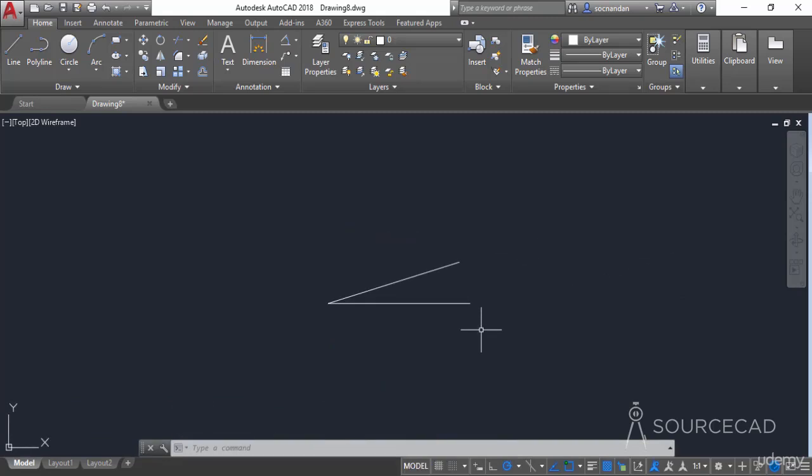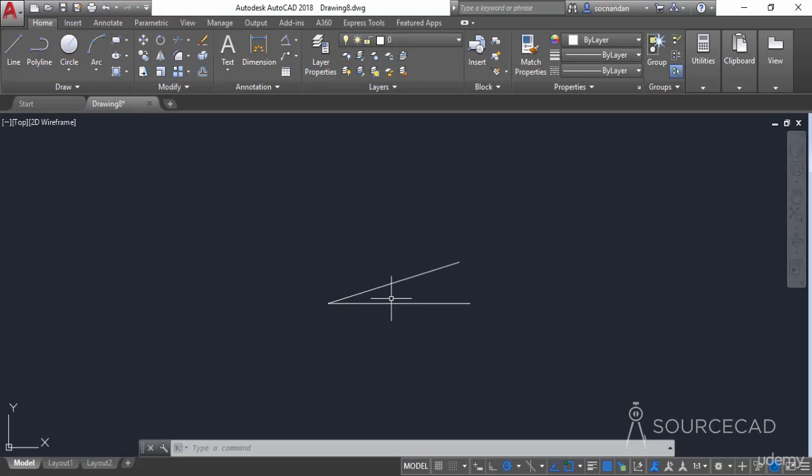So now let's look at this case. In this situation, we have this line which is inclined to this horizontal line, and we don't know the angle to which this line is inclined. Now if you want to rotate this line to an angle of, let's say, 60 degrees with respect to this line, so that the final angle is 60 degrees plus whatever angle this is,